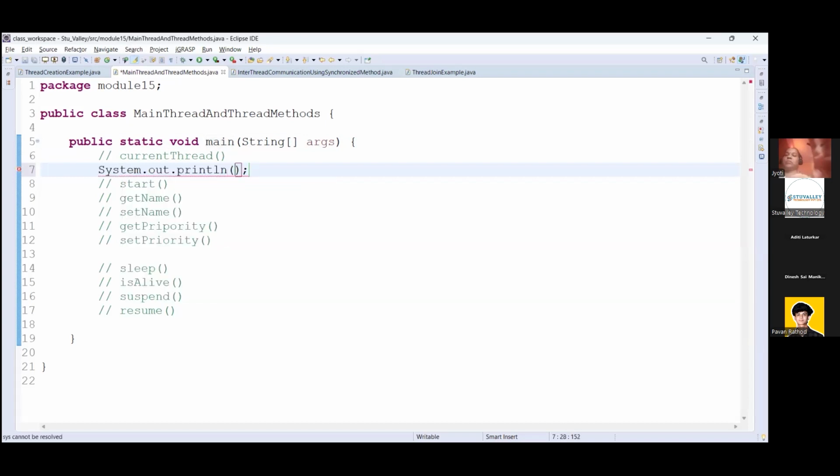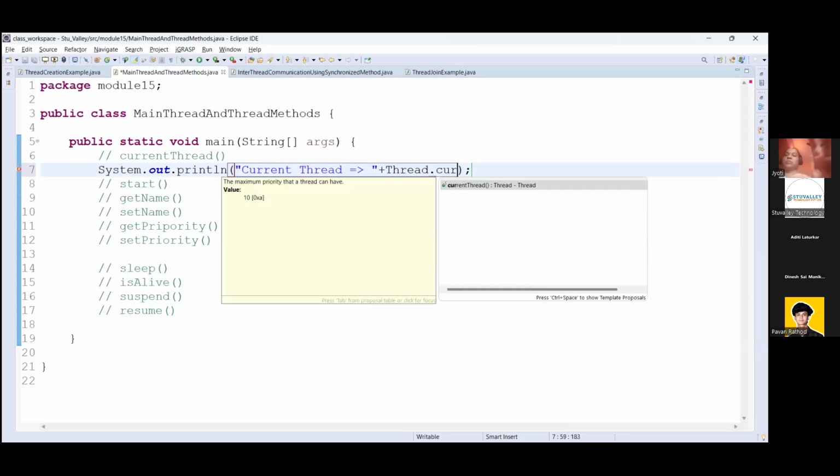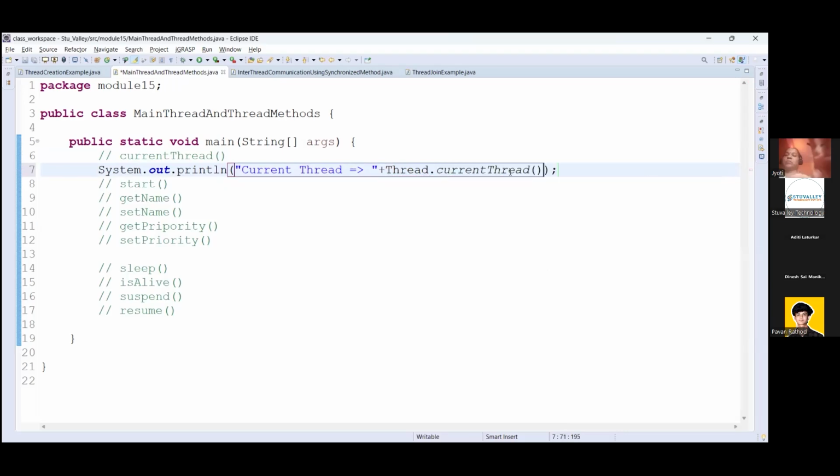It will give you the main thread, or the name of that thread is main. We will get this with the help of the current thread method. This is a static method, so we have to access it using the Thread class dot current thread method. It will return the thread reference for the thread object which is currently executing.